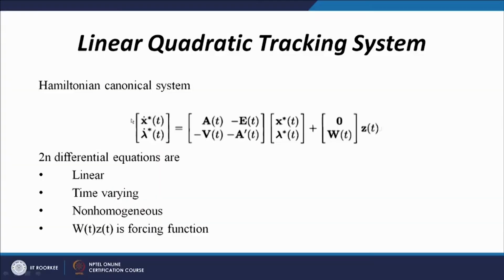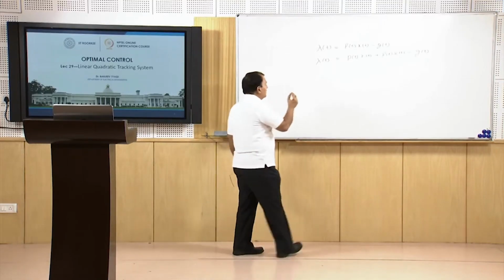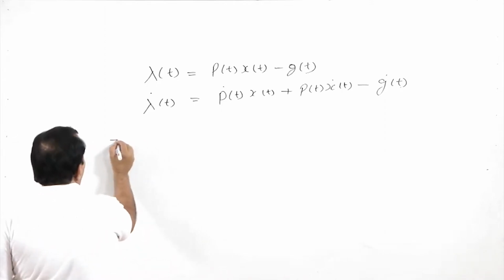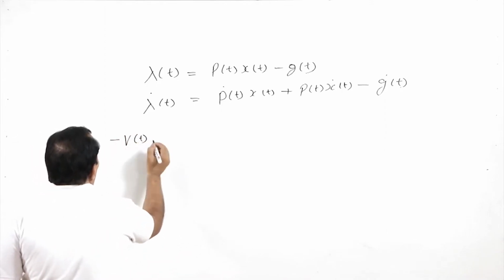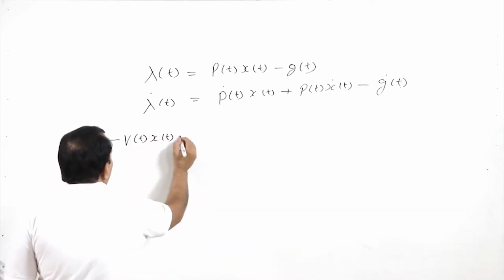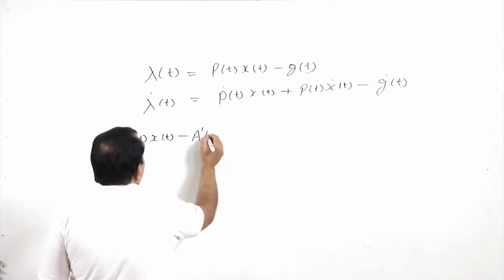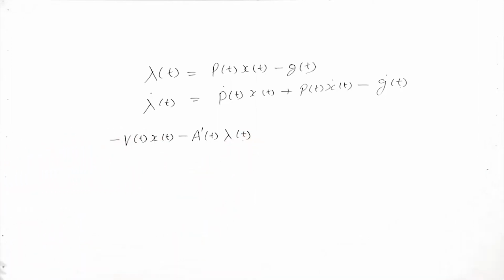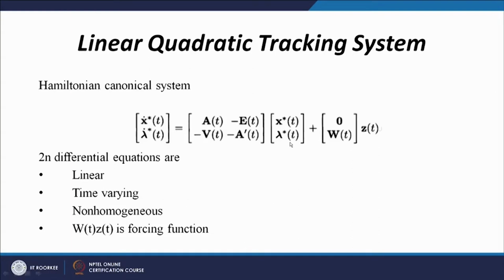We get this expression, and from my Hamiltonian system I substitute the value of lambda dot t as minus V t x t minus A prime t lambda t plus W t z t. So, this is my left hand side,